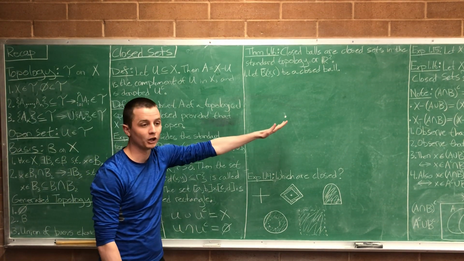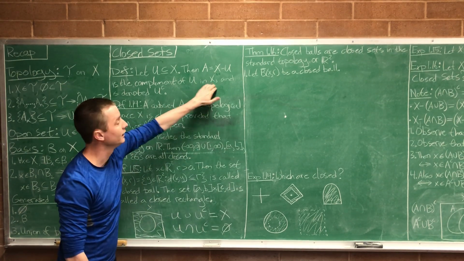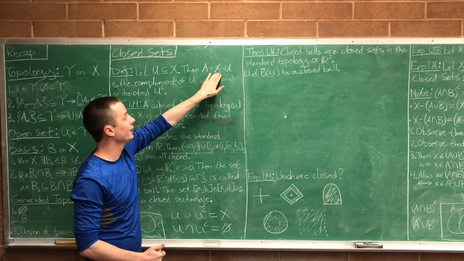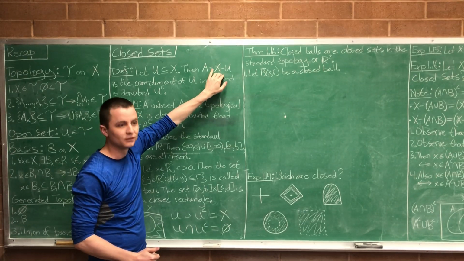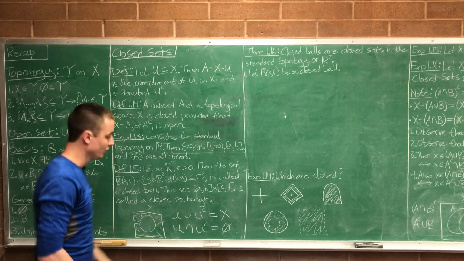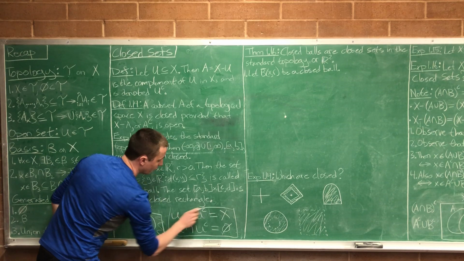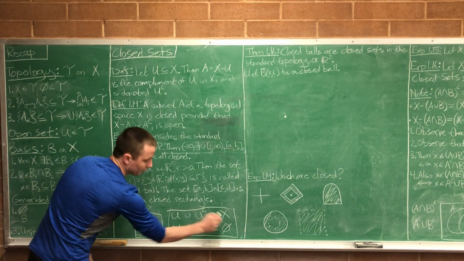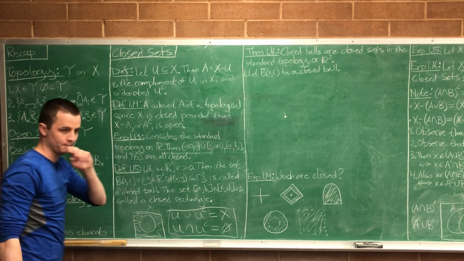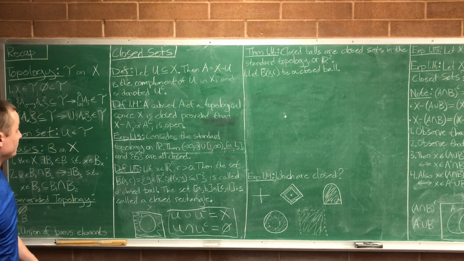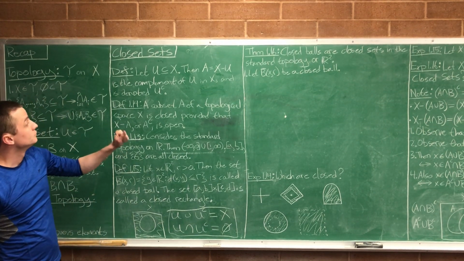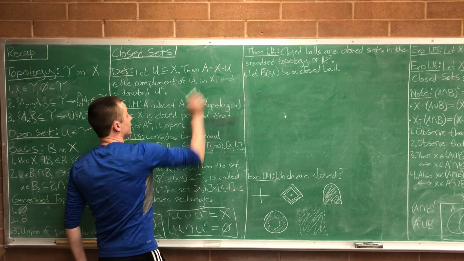Now, from here on out, since we're talking about topological spaces, we're going to drop the "in X" and just talk about complements. It's assumed that when I talk about the complement of A, I mean X minus A, where X is the set that I'm using for my topological space. Make sense? Okay. So this is going to be true in the context that we always talk about complement, because we're always going to be talking about it with respect to some overall set X. Sometimes we call this the universe that we're in. So that's what we mean by complement. The complement of U is just X minus U.